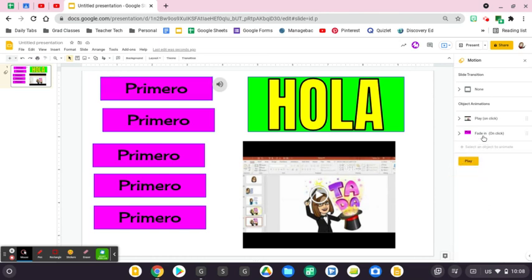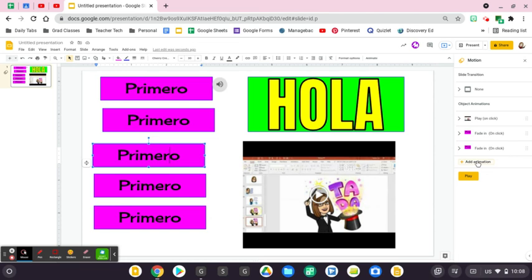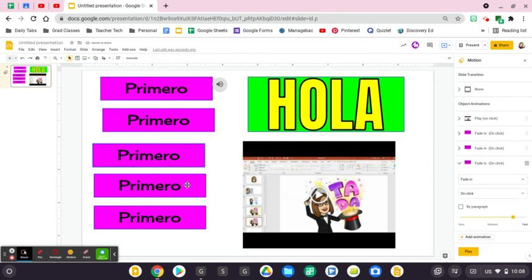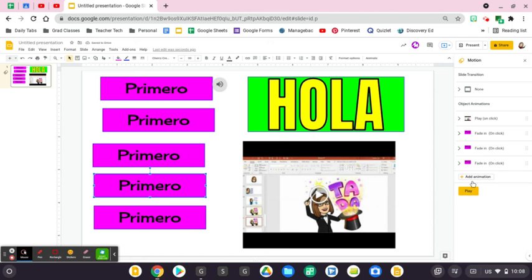You know how the kids like to make things spin, and they make everything spin. They make everything fly in. Now, I can do a few things here. I can click on this, and then I'm going to add animation. So that means after I click this, it'll be this one. Then I'm going to click on this. What used to take much longer in PowerPoint is actually less time consuming here. And then I'll click on that, and then I'll click on this